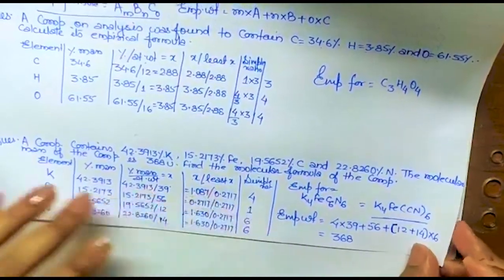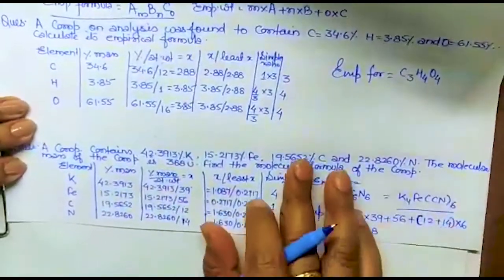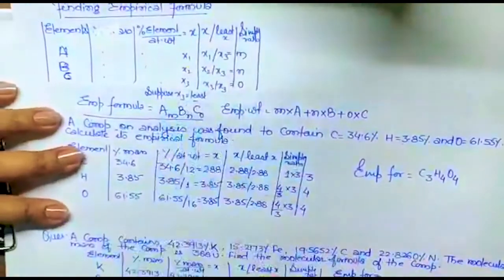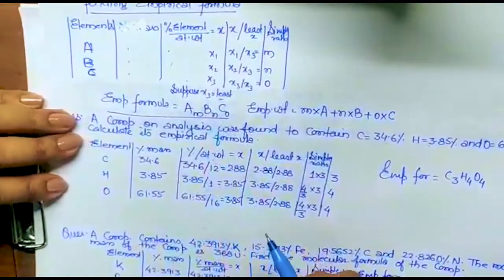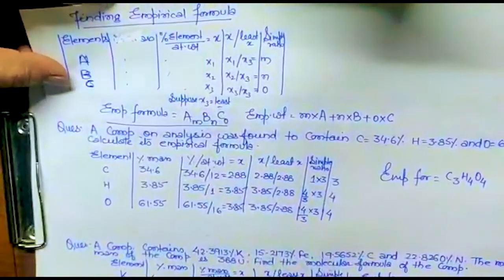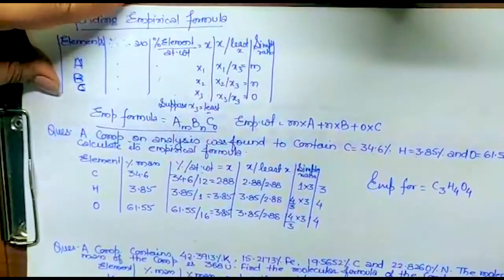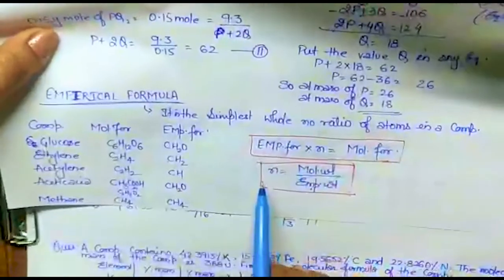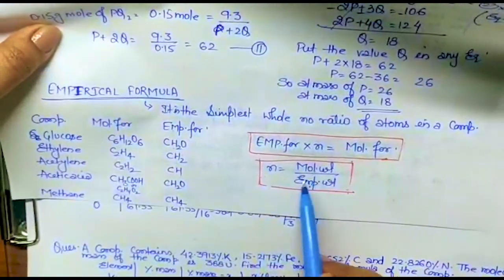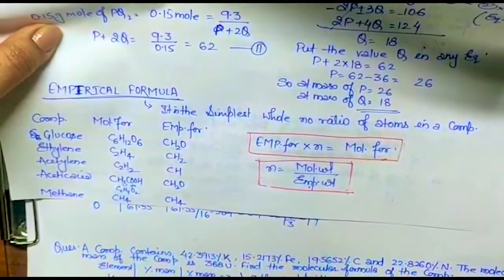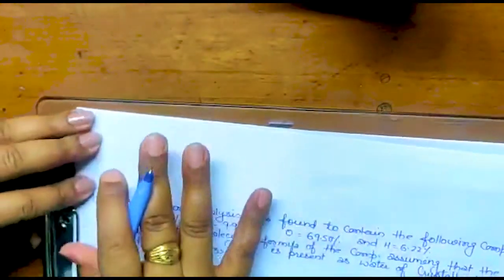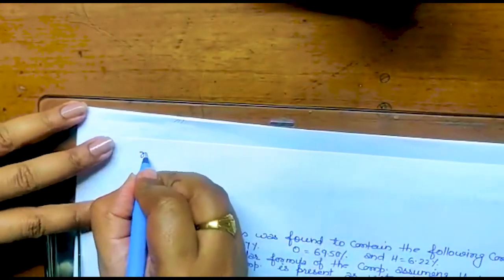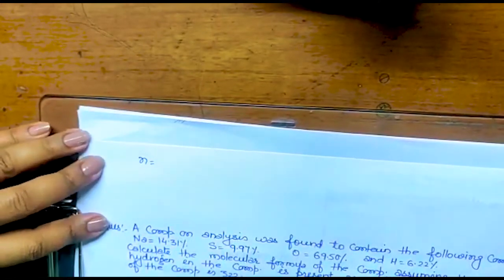Okay. So now we will find the N. Where is that? Okay, in that question I have written, here, this is formula N. Okay, the molecular weight we know, given in the question, the empirical weight we found. Okay, so N. So what will be N here? N will be molecular formula.